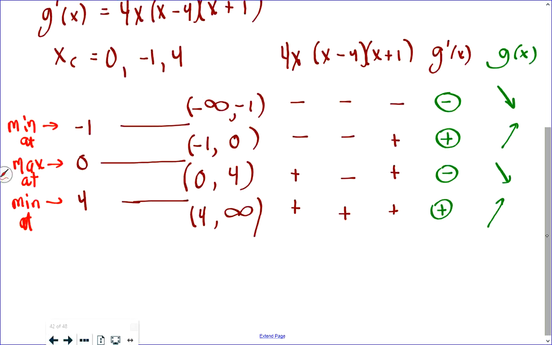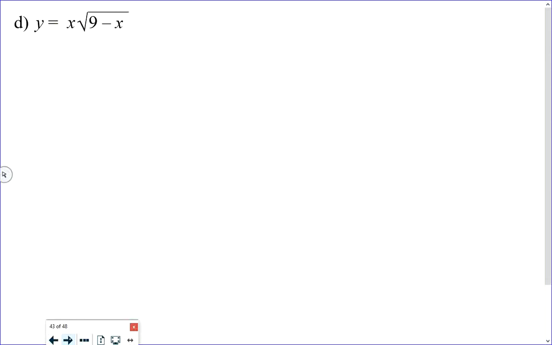So to finish this off, let's take a look at a function that is not polynomial. The first thing you always need to look at, and we didn't need to in the previous examples, is what's the domain. Because the last thing we want to do is start slicing the domain of all real numbers into pieces if the function doesn't exist in parts of those places. Because if the function doesn't exist and you build your table, including those domains, you're going to get confused. So we do have a domain restriction on this, that the radicand must be greater than or equal to 0,